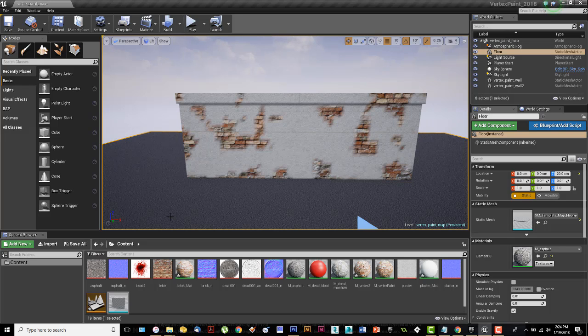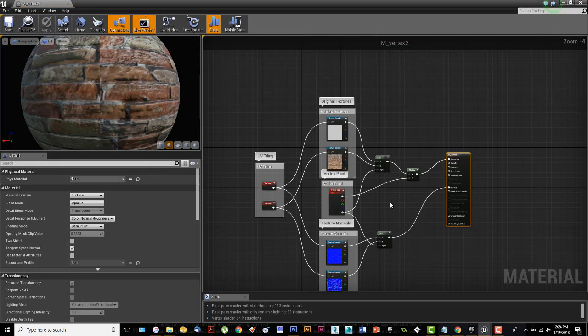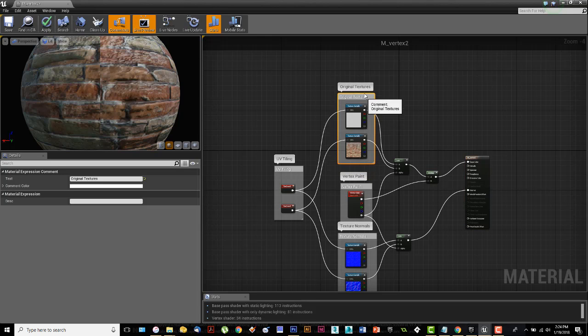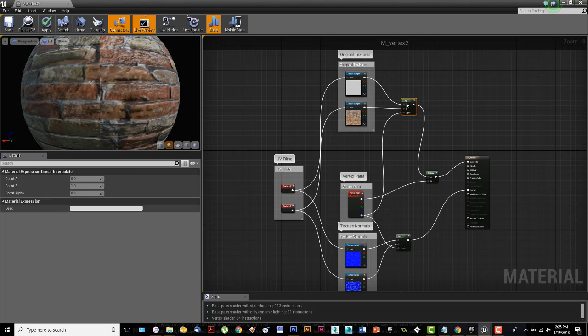Now I can do this with as many colors as I want, or with many textures. Let's say now what I'd like to do is go back and add maybe some ivy growing up here. What I could do is go back into my texture, which is Vertex 2. I can come back into my texture, and I've just got two materials here. Let's pull this up, and let's add a third texture into this thing. Now, when you do a third texture, because I've only got A and B and alpha,